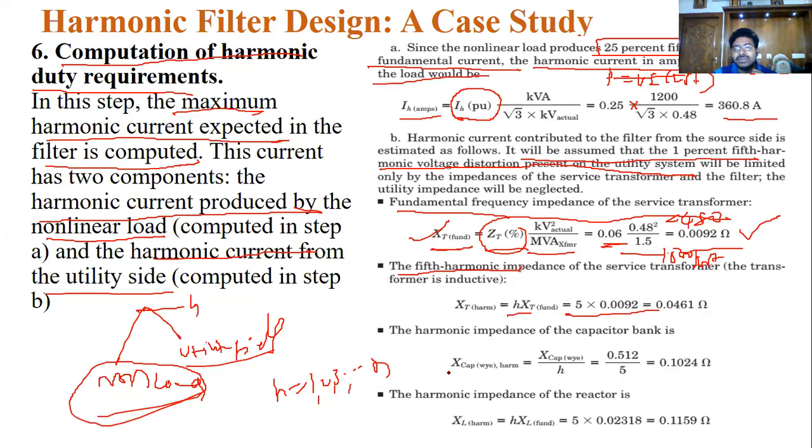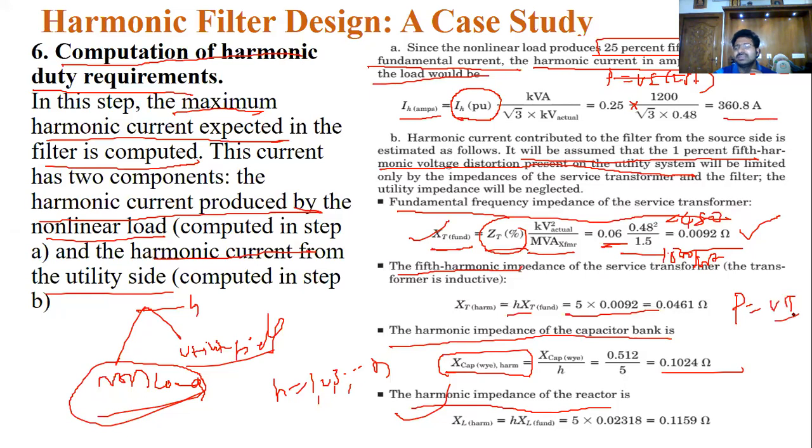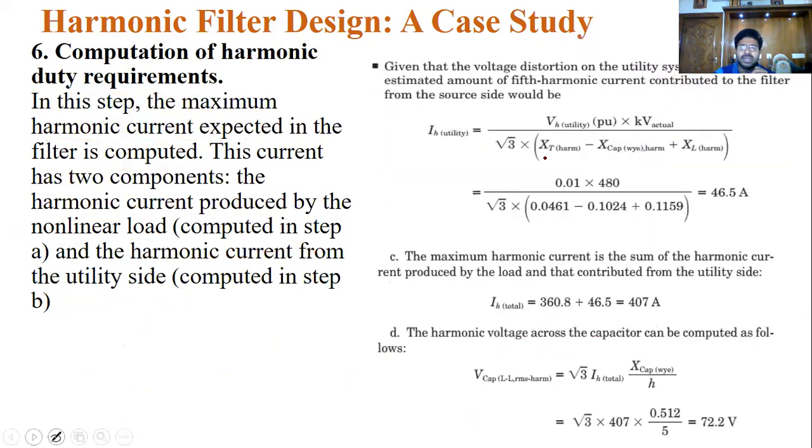According to this, you can calculate the X cap value based on the harmonic impedance. The harmonic impedance of the reactor follows simple relationships, some P equals VI relations, simple or multiply relations. We are not going for very big formulas. You see these relationships, simple relationship formulas.